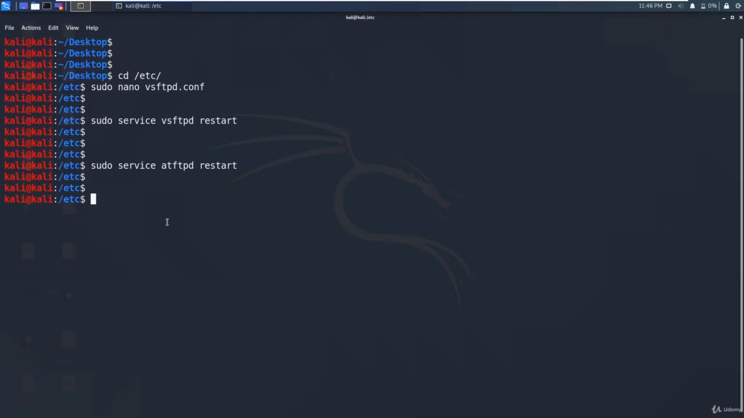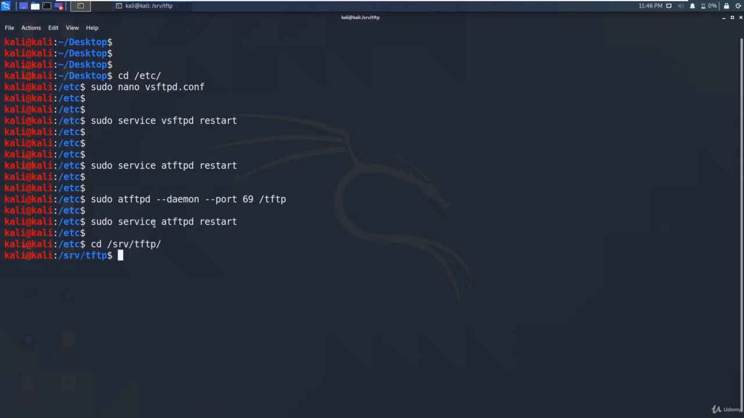So after this you need to specify some port number and configuration. Sudo atftpd, execute as daemon and specify on the port 69, and then you need to specify the TFTP directory. So after this, once again restart the service. Now if you go into this cd srv and TFTP, there you can put some files, and in the terminal of this XP command prompt you can just type in TFTP -i IP address,